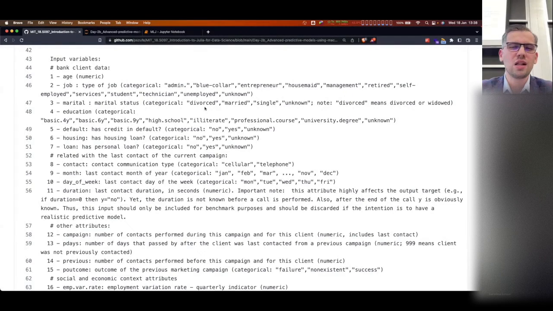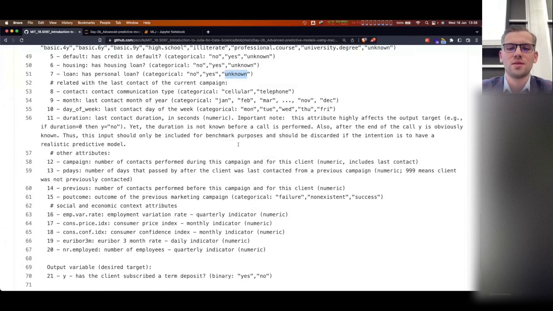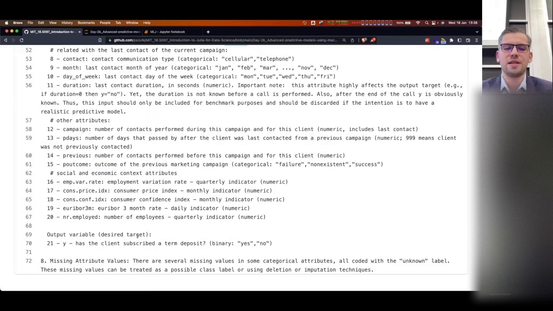I think that's a good point to mention this unknown, because it is happening a lot here. Unknown is null, meaning there's no information. At the end there's a sentence that there are several missing categories, and they all have the string unknown in them. So a possible task for us, like a cleaning job, is to impute the data, basically to fill this unknown with something that we expect it to be based on other